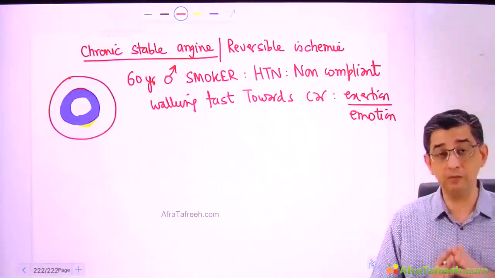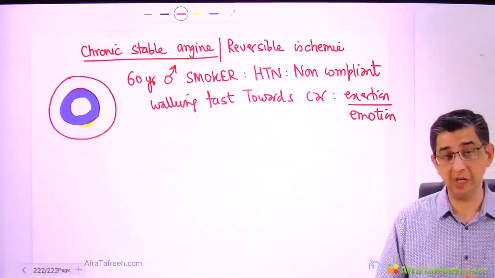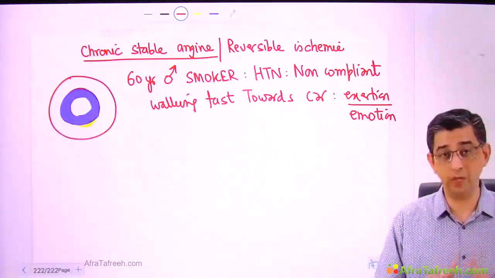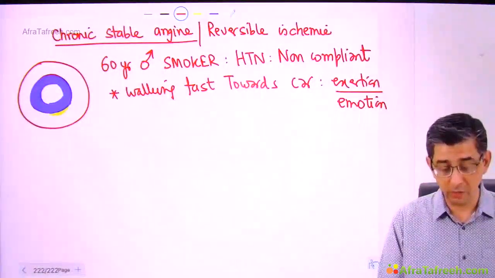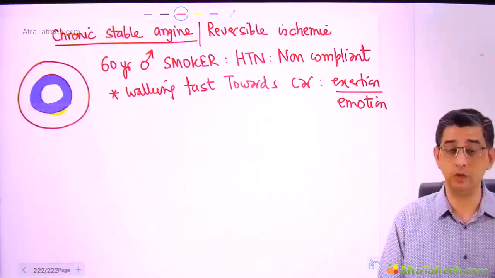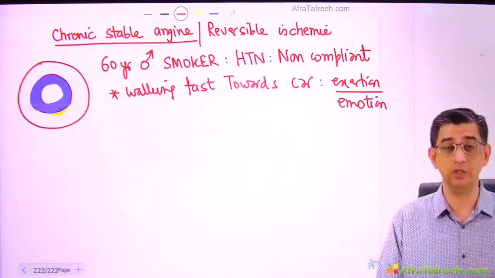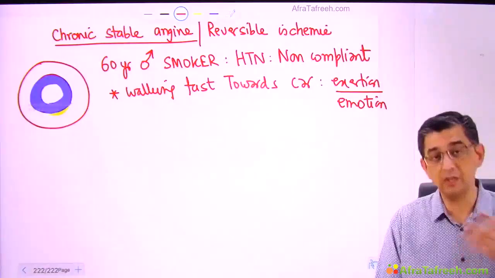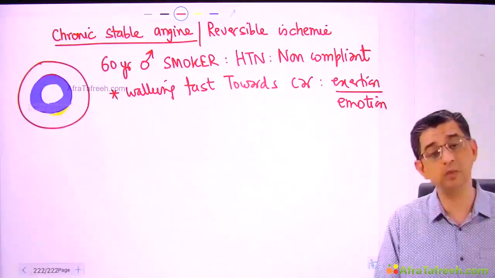So the pain will be very excruciating in these people, and usually the duration of chest pain can be anything between 5 to 10 minutes. I'll write here the upper limit usually that we see, and gradually when he sits down, because now there is no physical exertion at the moment, he is not talking on the cell phone, so gradually the chest pain will ease off, and because the symptoms are reversing or regressing in this individual, that is why we call it a reversible ischemia.